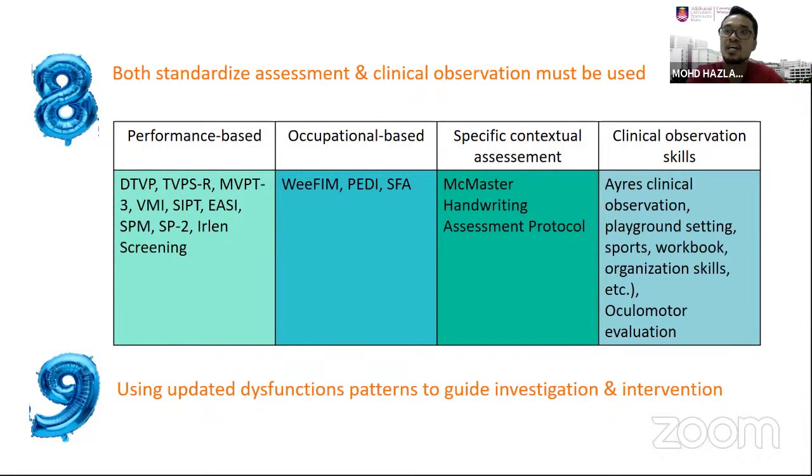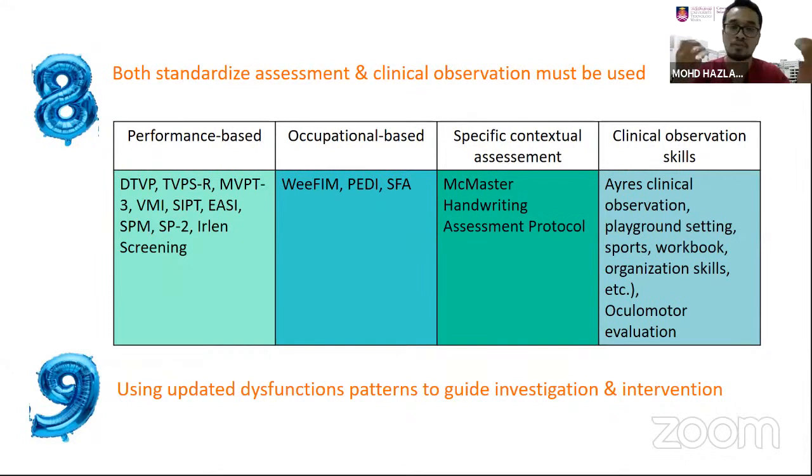Is it that the child is unable to see a bright light? Is it because the lens and the ciliary muscles do not work very well? Or the oculomotor control is not very good at moving the eyes to look at other parts of the environment, so they are not exposed to light consistently? Or the Irlen screening, which looks at the colors that might affect the child's visual perception. There are a lot of different kinds of performance-based assessments, so we need to familiarize ourselves with all of them.